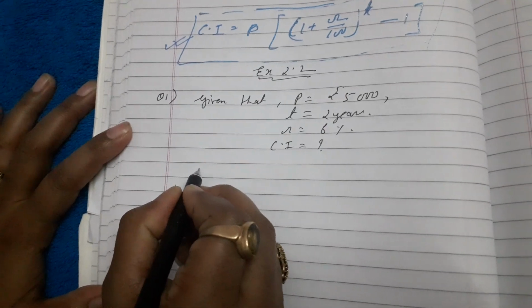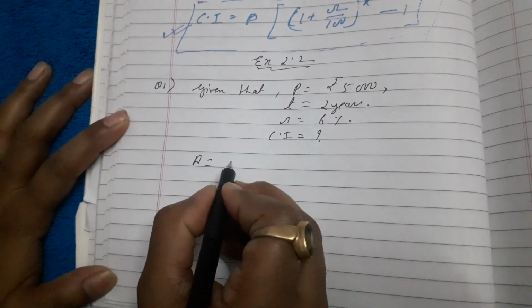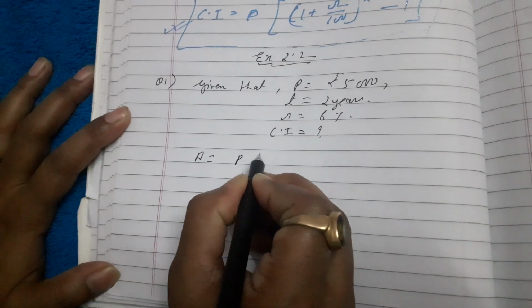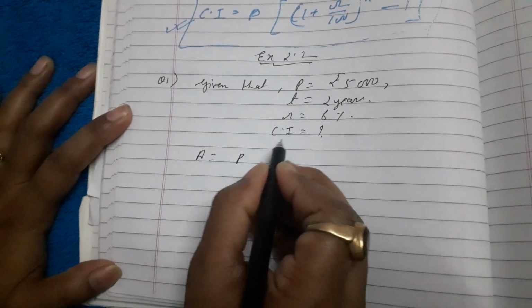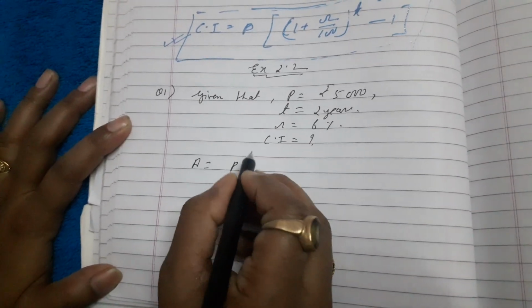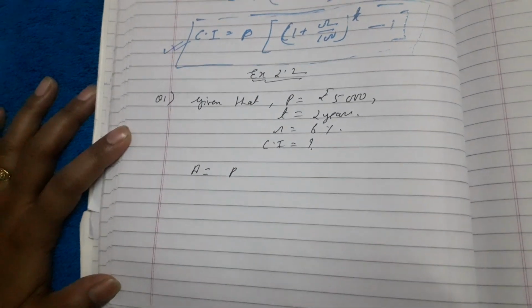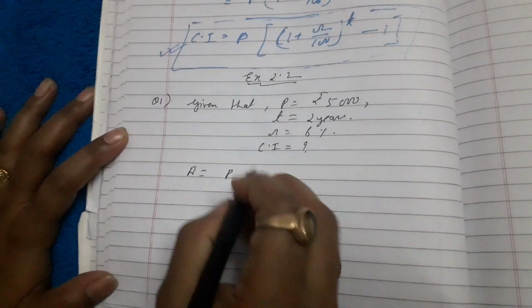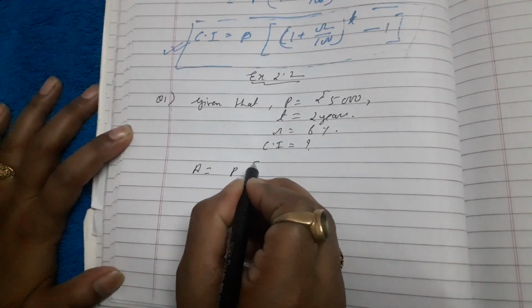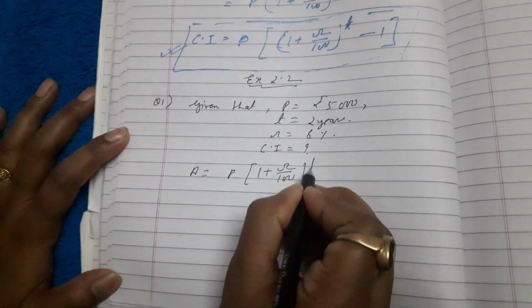First of all, we'll find out the value of the amount, or directly we will put the value. Amount is equal to what? P into 1, or if you want you can solve compound interest. You must write down in the comment section what you want, step by step or directly the formula of compound interest. I'm solving by both methods. First of all, A is equal to P into 1 plus R by 100 to the power T.